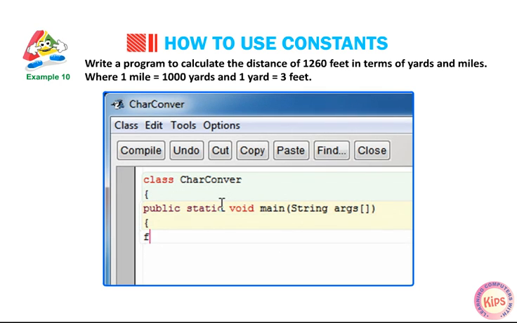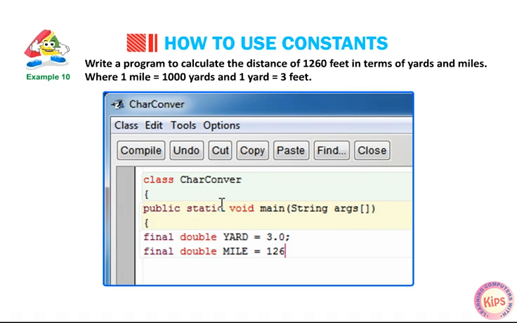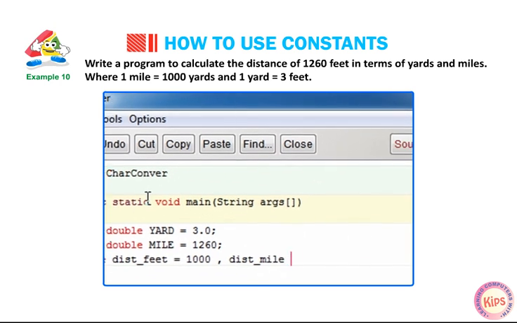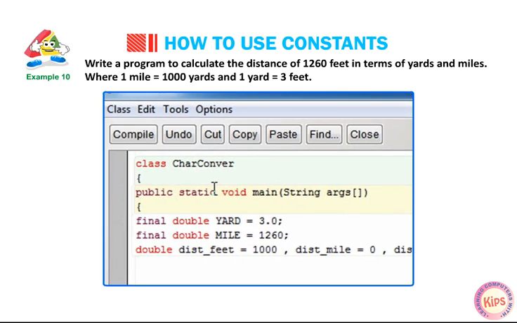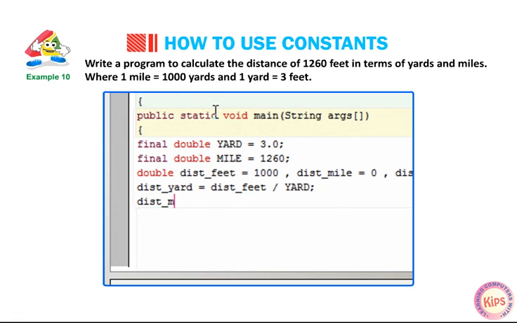{ final double yard = 3.0; final double mile = 1260; double distance_feet = 1000, distance_mile = 0, distance_yard = 0; distance_yard = distance_feet / yard; distance_mile = distance_yard / mile;